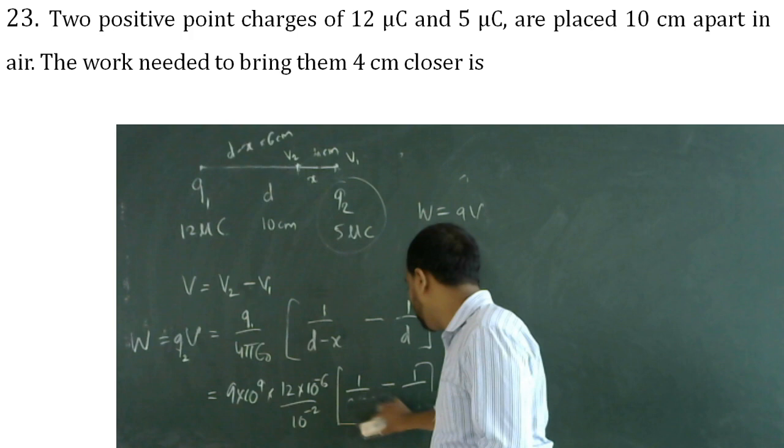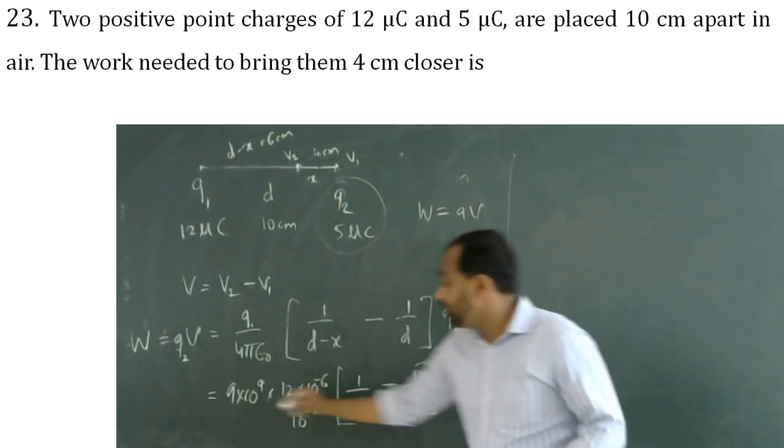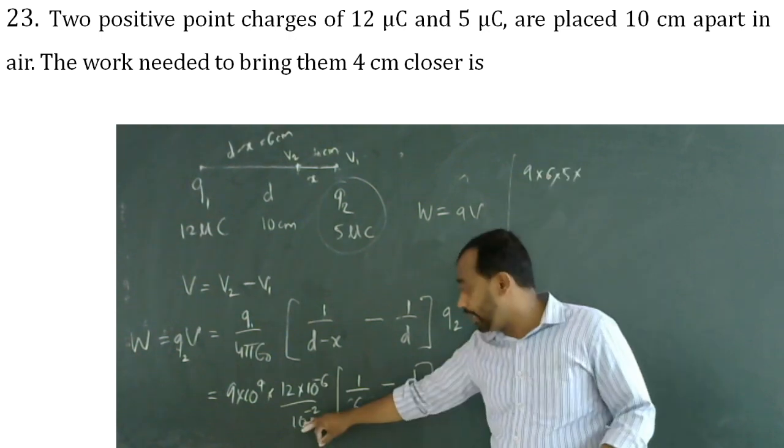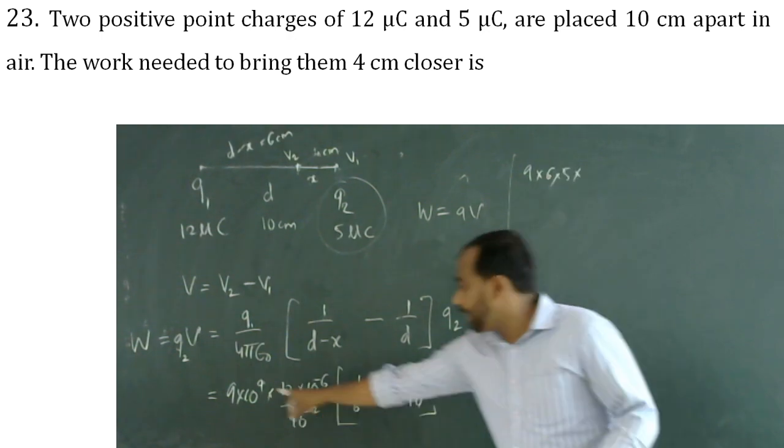Take the LCM. I will do it right here. So therefore it will be equal to 9 into 6 into 5 into, so remaining terms, which will be equal to 10 raised to plus 9, 10 raised to minus 6, 10 raised to minus 6. This goes to the numerator, so therefore it will be again 10 raised to plus 2. 10 raised to 11 into 10 raised to minus 12, which will be equal to 10 raised to minus 1. Hope you can see that.